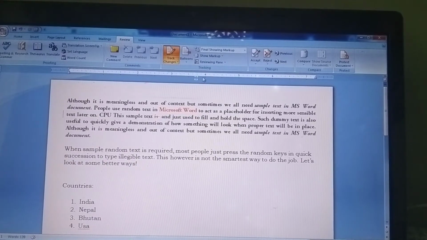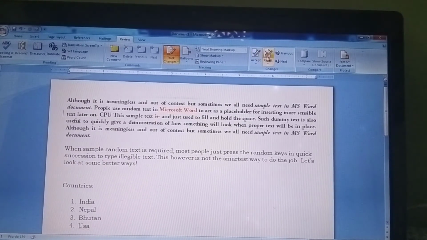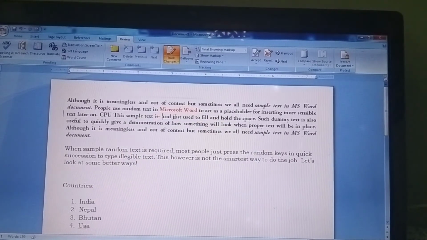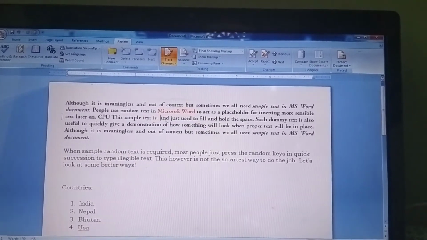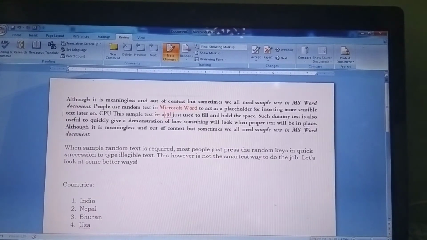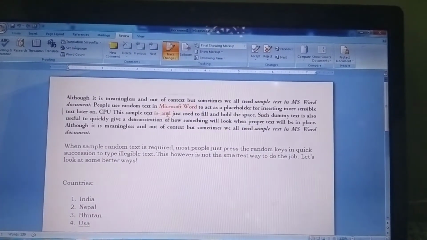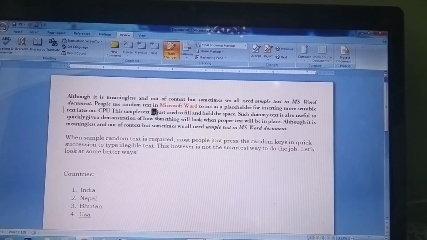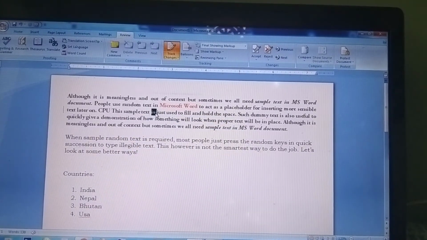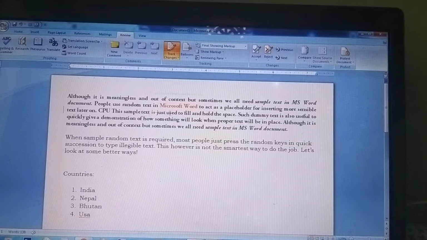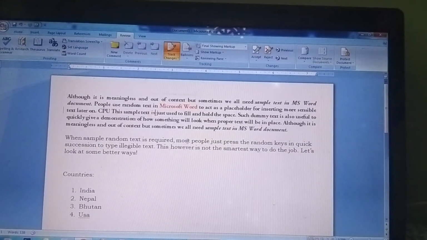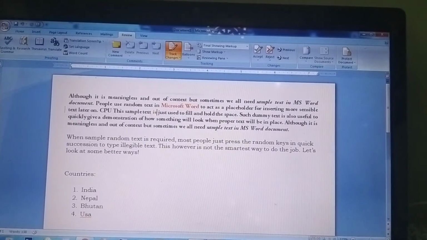And if that person feels it should be rejected, then they can reject it, and the word will be removed from this list. If I reject it, then see, the "and" has gone from here. So this is the way Track Changes works.